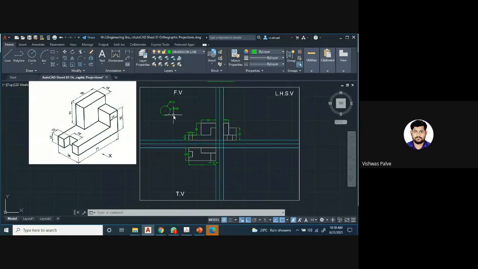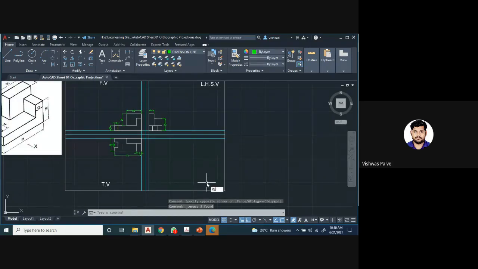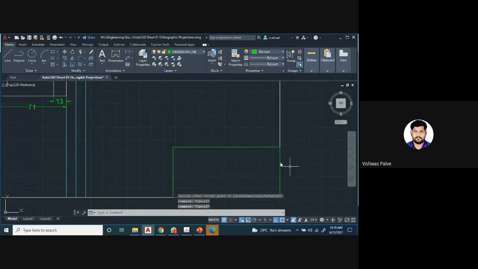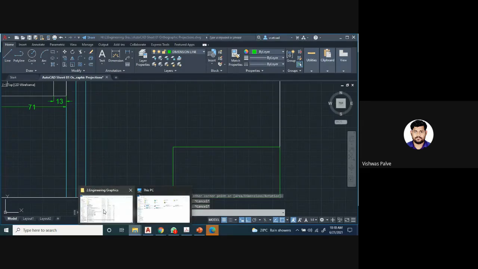Now in today's session, the third part which we are going to learn is how to save our drawing in PDF format. This is not required, it was just for reference. Now I will name the drawing. I have to prepare a nameplate, a template. In that, the name of the college and all the details should be there. I'll show you that template if it is available with me.